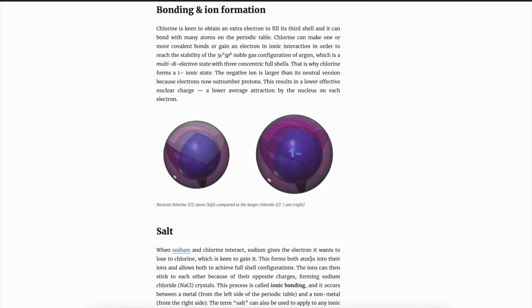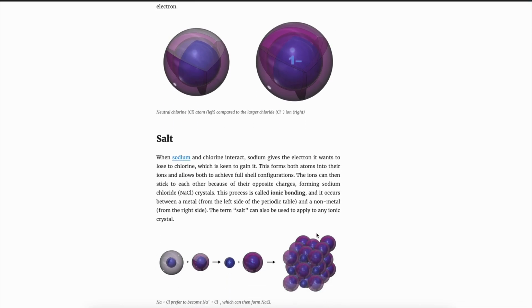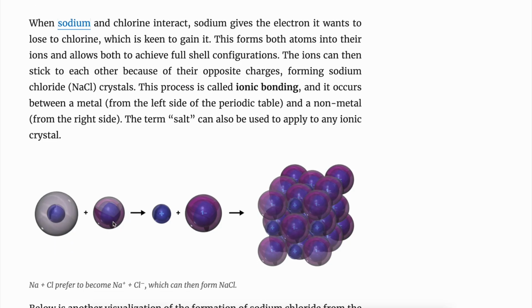So if we now look at salt, we can now see what actually happens. A sodium atom loses its outer electron to form the sodium ion, which is positive and stable. The chlorine atom gains that electron to form a full outer shell, which now has a negative charge. So you now have two atoms that have electron configurations that are absolutely stable, and they will therefore no longer